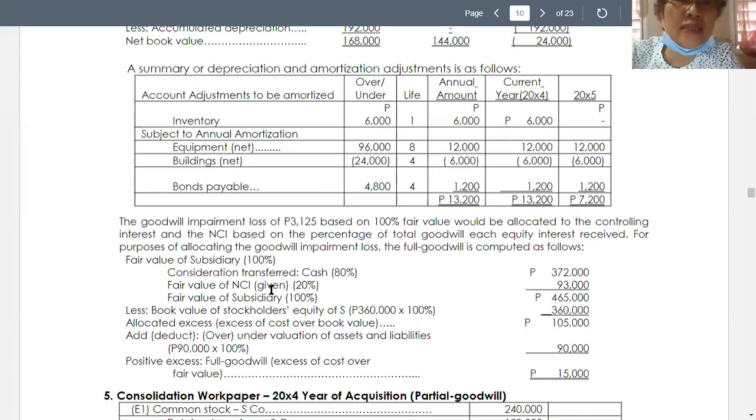72,000. So again, the entry is to debit common stock of S company 240,000. We debit retained earnings of S company in the amount of 120,000. Credit investment in S company 288,000, and credit non-controlling interest for 72,000. Since the total consideration paid by P company is in the amount of